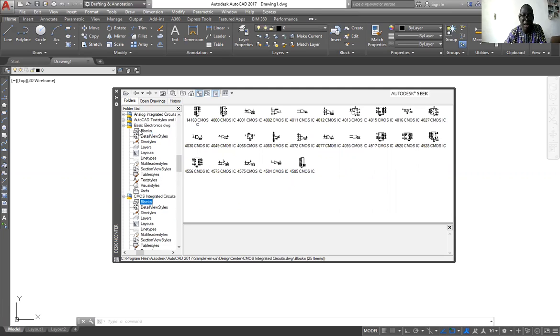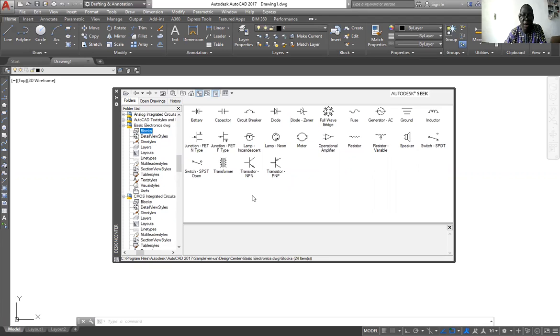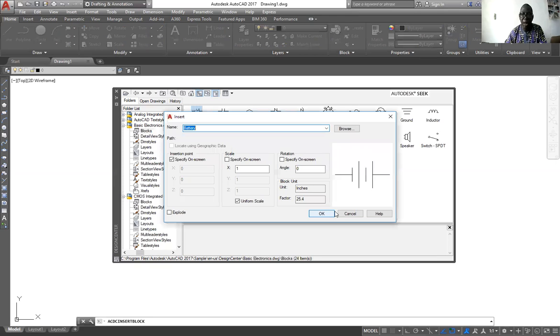Now let's look at the basic electronics where we are. I just want to do a few examples just to illustrate. Now in the drawing that you will be using as assignment, you will see a battery there. So you can double click on it and you will have the battery. You can place it somewhere. Now, when you double click, this is very interesting. It's going to give you this